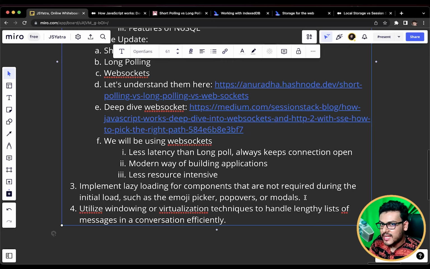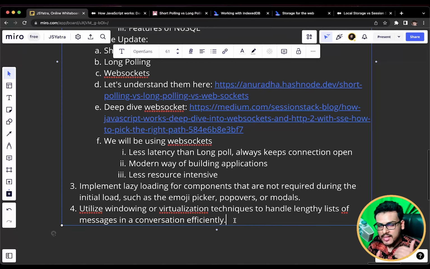This is the lazy loading technique. We have discussed that in the previous videos where we talked about lazy loading and suspense, and how we can import a module on need instead of already loading it. The components you can lazy load over here are emoji pickers, popovers, or modals.